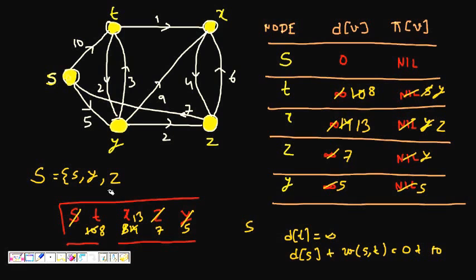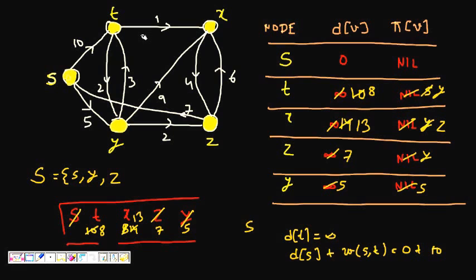So this update happens, so x is 13 now, and z also has come out, and t was not connected here. So now we are left with t and x. t is the smaller one, so we go to t, and we see that from t I can go to y and x. If I go to y, it will be 12, and y is already 5, so it is not getting updated.